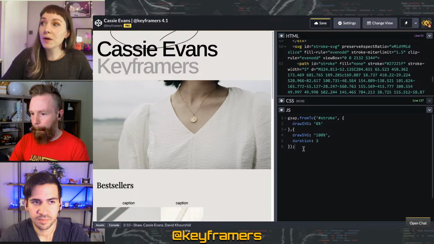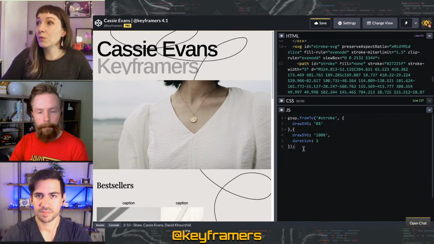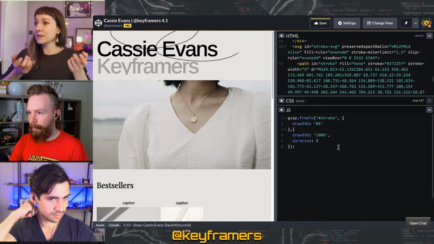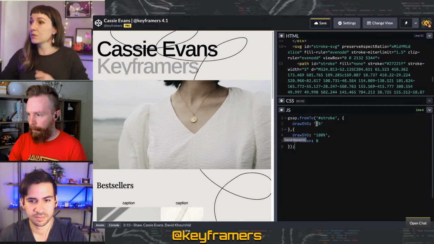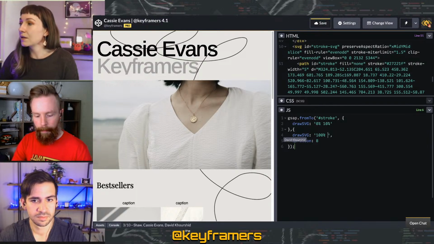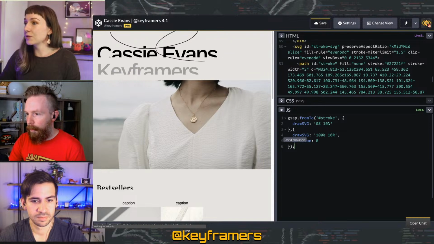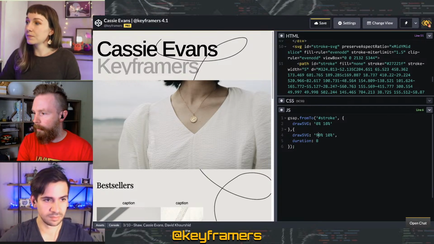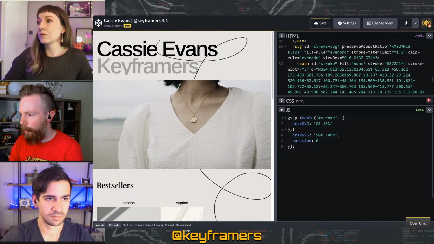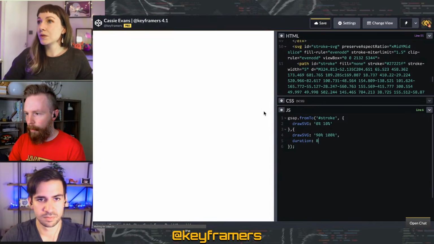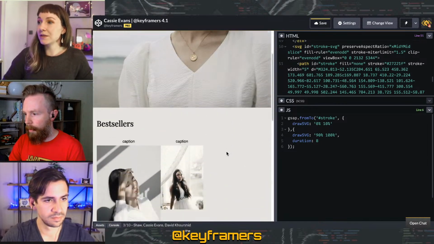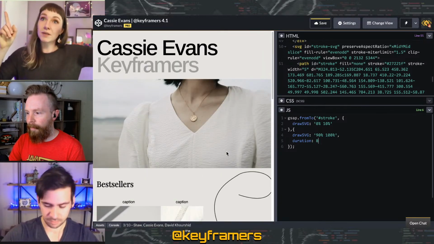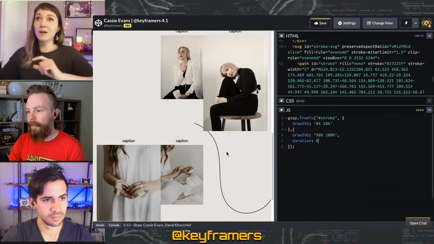Yeah, and you can also pass in, at the moment, we're just giving one number value, a percentage value. You can pass in two numbers, so for the start you could say 0%, 10%. Oh, right, to give it an actual gap. And then you could do 90, 100% for the next one. So that should draw a tiny bit of the path. Ah, yes. So the bit that you can see starts from 0 to 10% of the length through the path, and then it animates that part of the path along